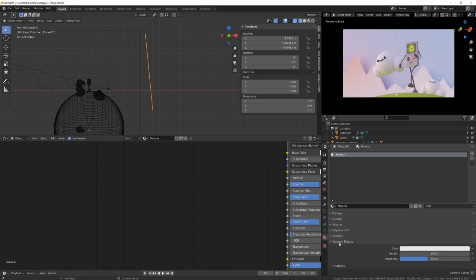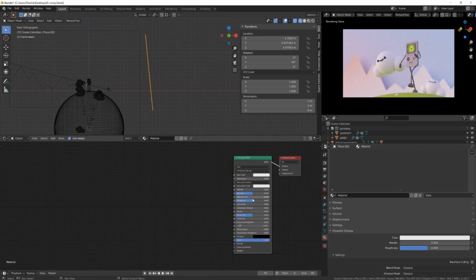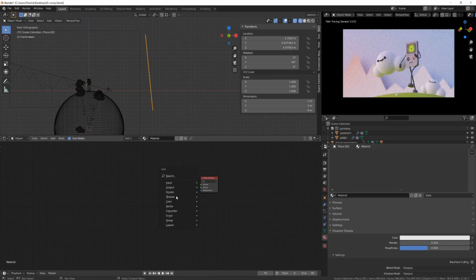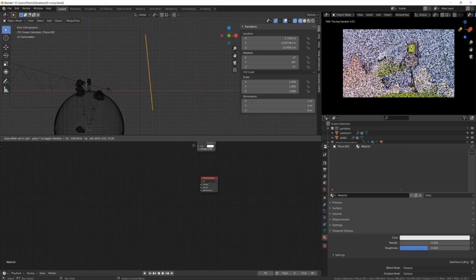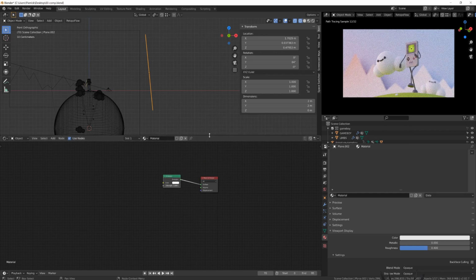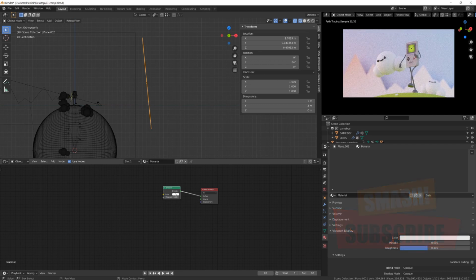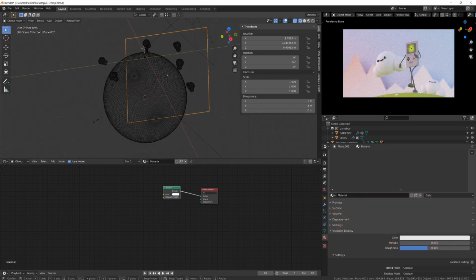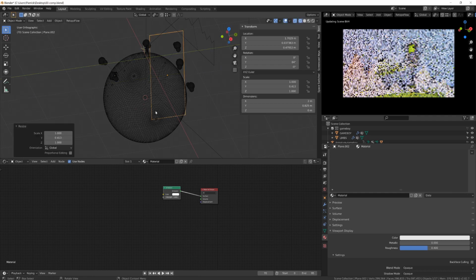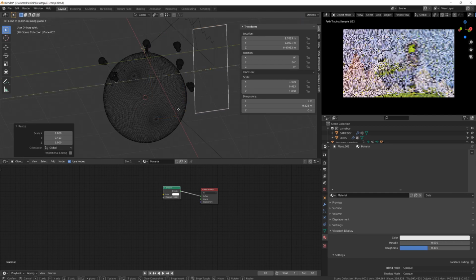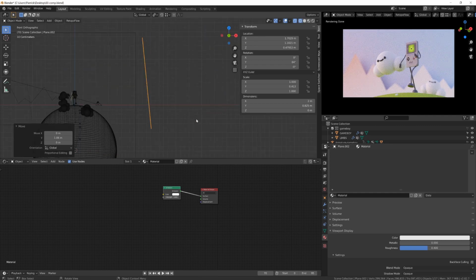Instead of using a light, I prefer to use a simple plane, and I will add a new material to it and replace the Principled BSDF shader with an emission shader. As soon as I increase the strength, I will see the result on my character. Here the plane is way too big, so it's lighting a very large area of the character. I will make it smaller and place it